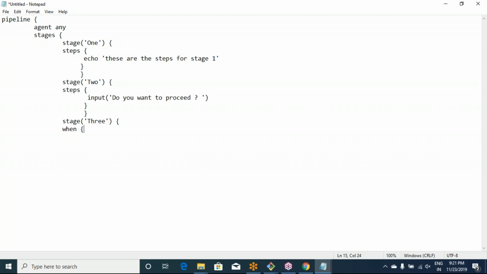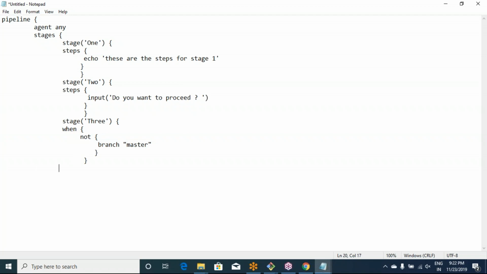So I'm saying when, I will write not, and here I will say branch equals to master. So if it is not the master branch, this curly brace is for the when. So when this condition is true,